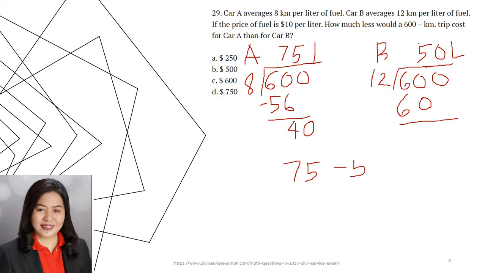75 minus 50 is 25. I'm already giving the answer. 25 would be the number of liters that would be consumed by car A more, but it asks how much less, so 25 less liters. Oops, not 15, I am wrong, that's 25. See, you have to be careful with solving,